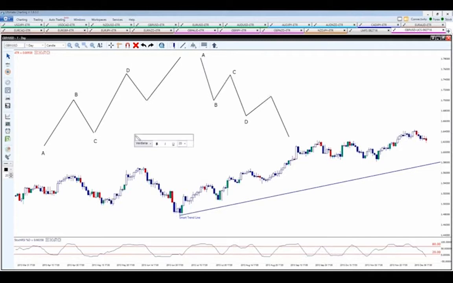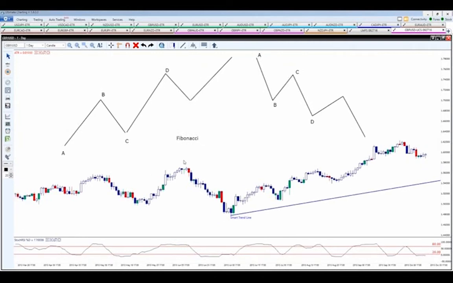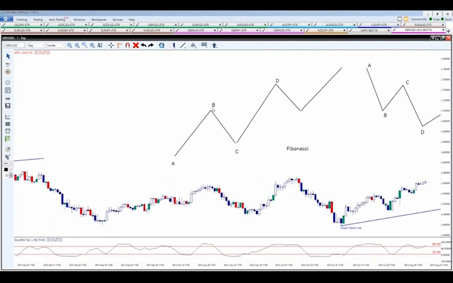I think Joe may have shown you this before. It's called the Fibonacci tool. I'm not going to go into a lot of detail explaining what Fibonacci's do, but basically the Fibonacci's are going to help us predict where the market's going based on where it's been. So I'm going to back this up here just a little bit. I'm going to show you in just a second how we can find this A to B boundary.